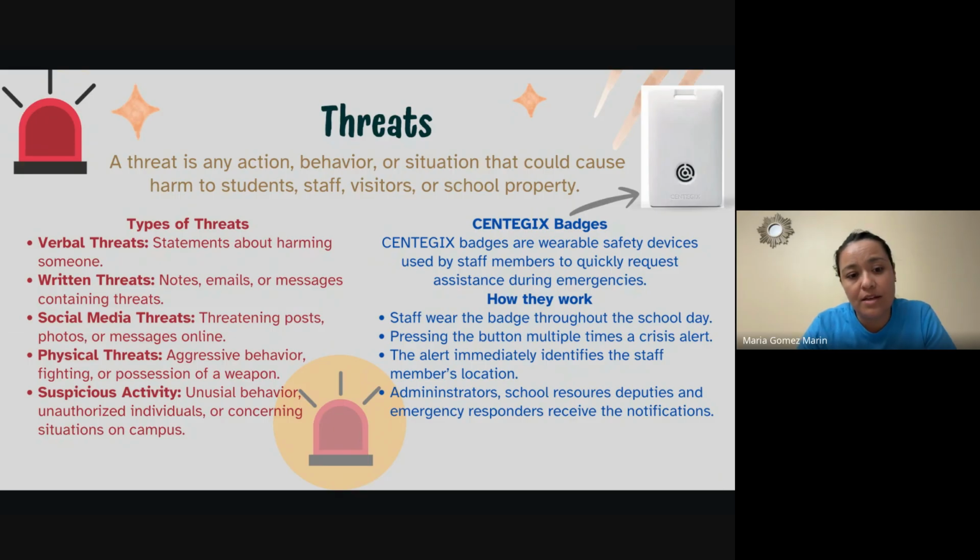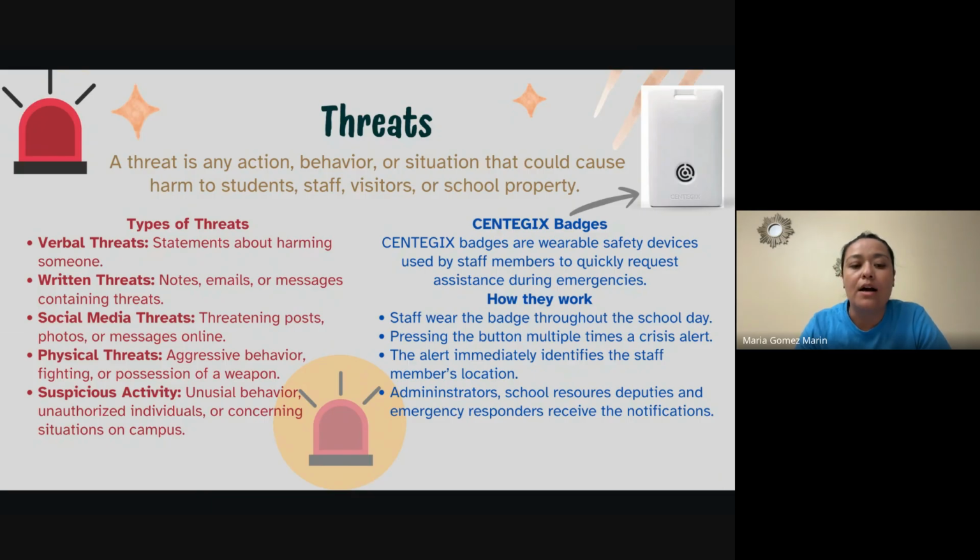How do they work? The staff wear the badge throughout the school day, so they always have to keep it with them. They can press it 1 or 2 times. If they press it multiple times, that is a different situation. When they press 1 or 2 times, they just notify the administration that something is happening. In that case, administration will verify the location of the device and go immediately walk